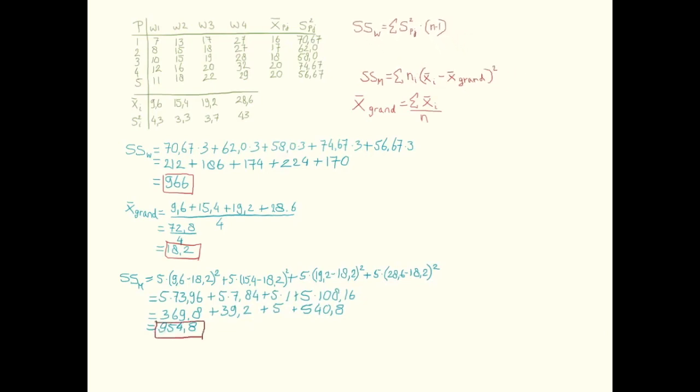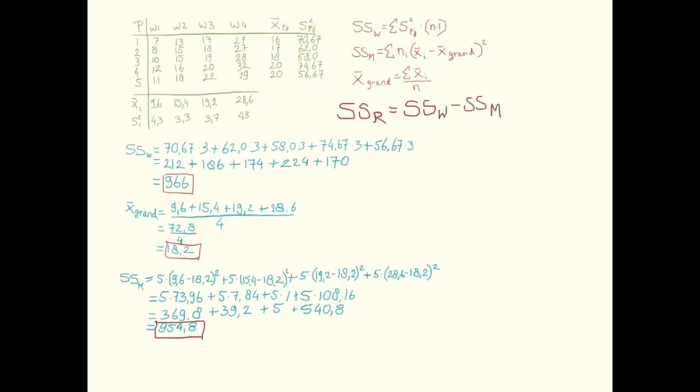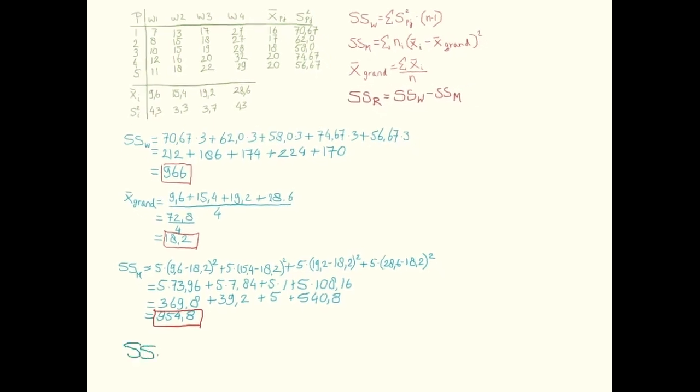The next calculation is the sum of squares residual. The sum of squares residual indicates how much variance in scores can be explained by factors other than the model. The sum of squares residual is calculated by subtracting the sum of squares model from the sum of squares within, which we both just calculated. Therefore, we will now subtract the value of the sum of squares model from the value of the sum of squares within, and that results in 966 minus 954.8, which is equal to 11.2,